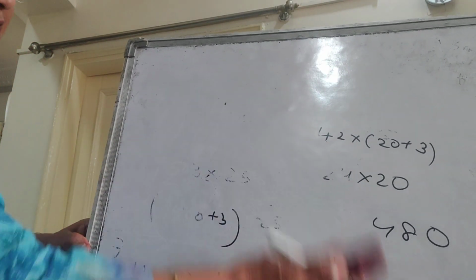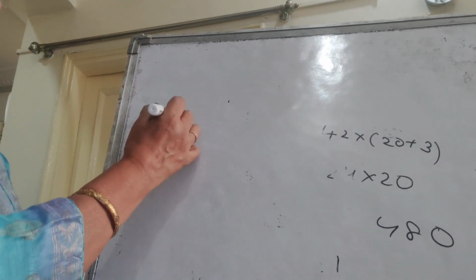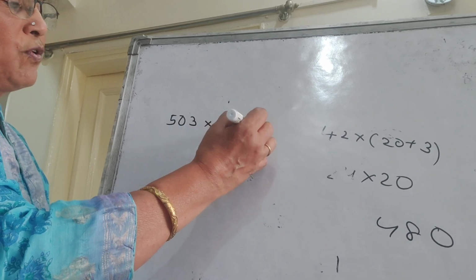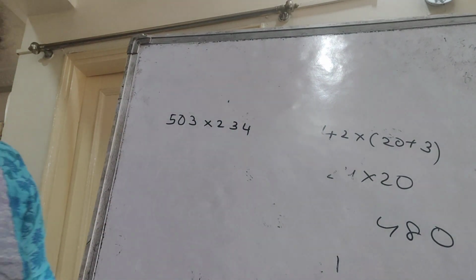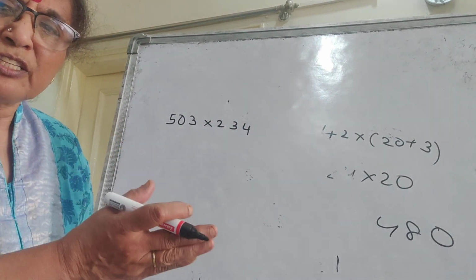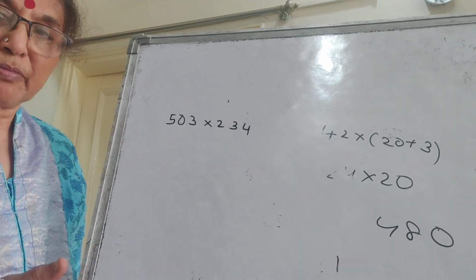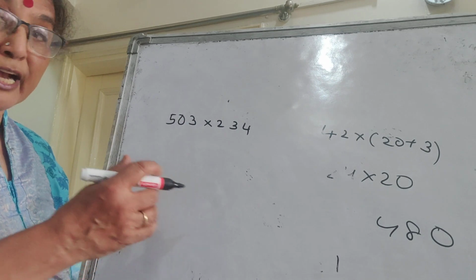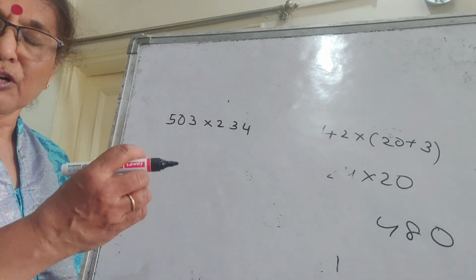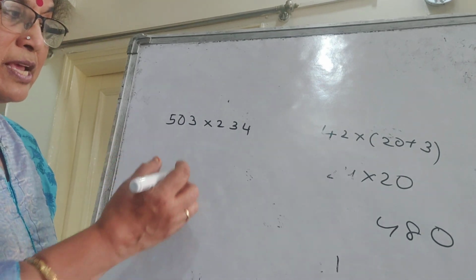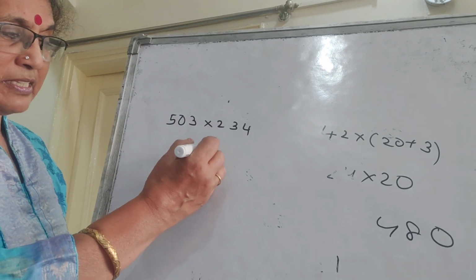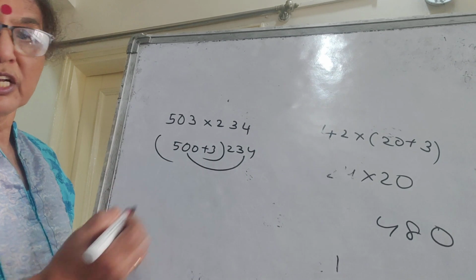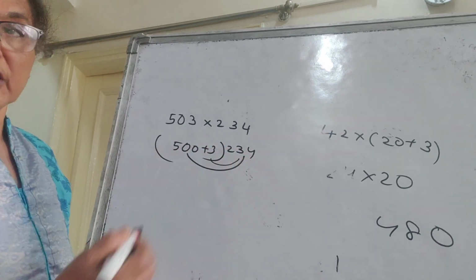I repeat again, I write it a little higher. So suppose in higher classes, 503 into say 234. So we are doing now higher classes, when you're teaching the 10th or 9th, fast mathematics. Instead of doing vertically, which we do in standard 6, and taught the child why you're putting 1 cross, 2 crosses or zeros and 2 zeros, I break this up. 500 plus 3 and I multiply with 234. So first 500 with 234 and 3 with 234.